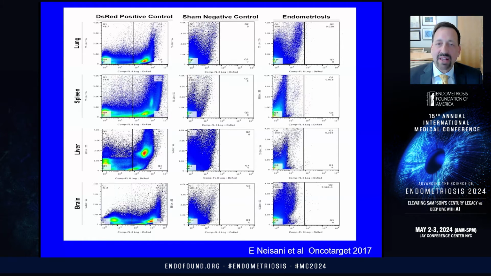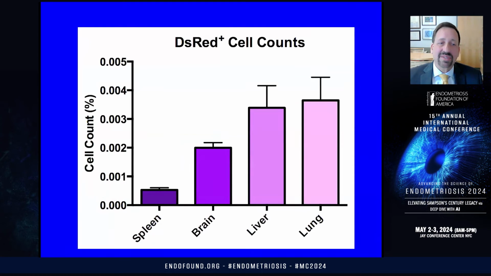And to the right of that line, you'll see a few cells in each of these that have that red fluorescent protein in the lung, in the spleen, in the liver, and the brain. They're rare, small numbers, nothing you would ever clinically recognize as endometriosis. But could they be altering the function of these different organs in women with endometriosis? And again, this looks at the percent cell count. You can see it's tiny, but in every mouse we looked at and every organ we looked at, here the main 4 we looked at, you can see some of these DsRed cells or these red fluorescent cells